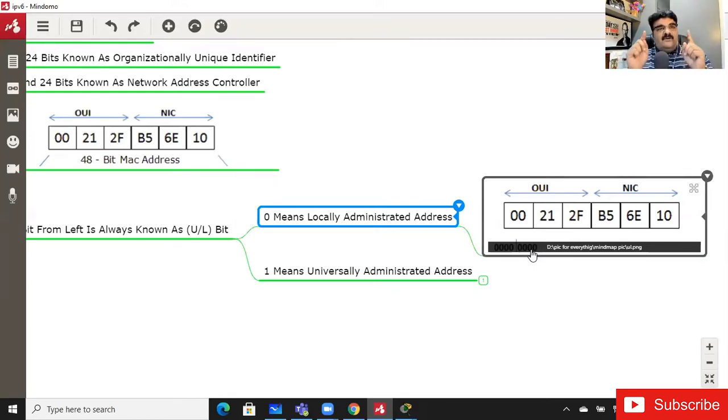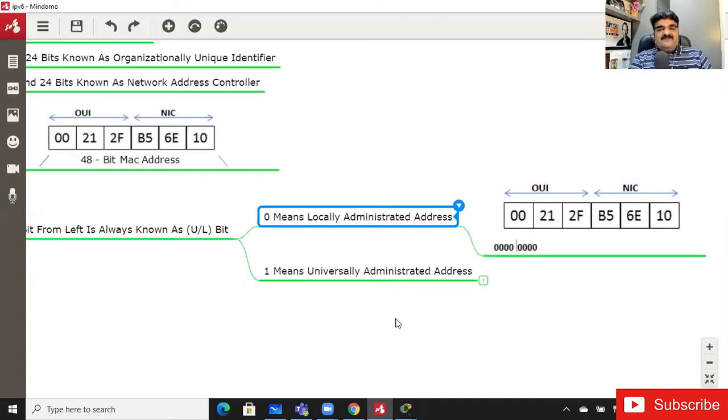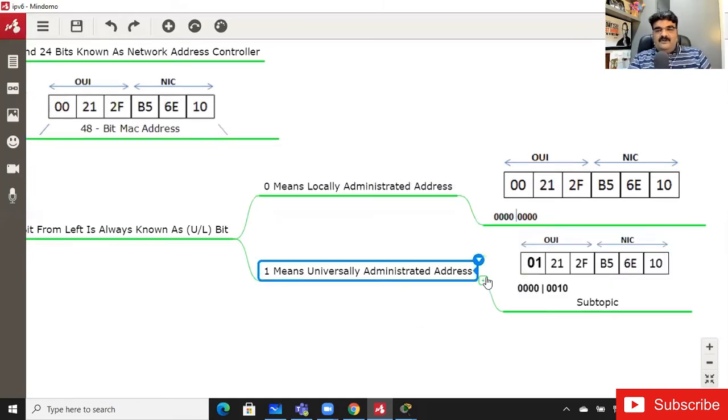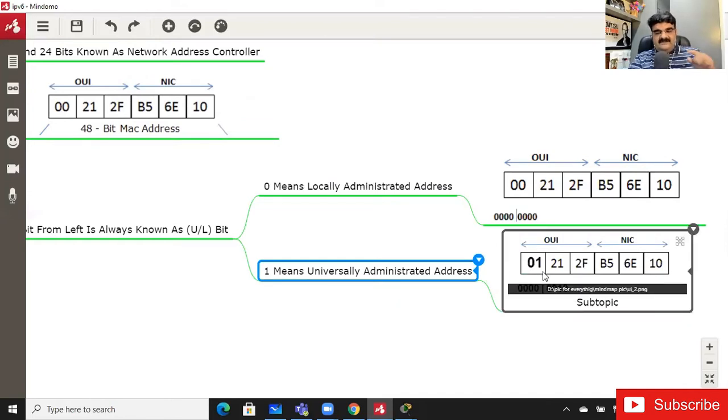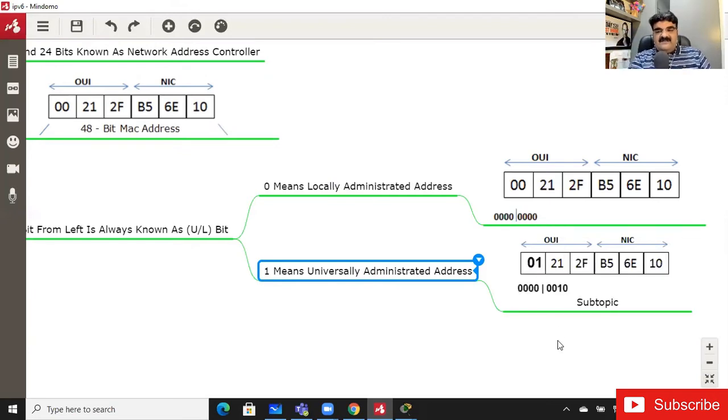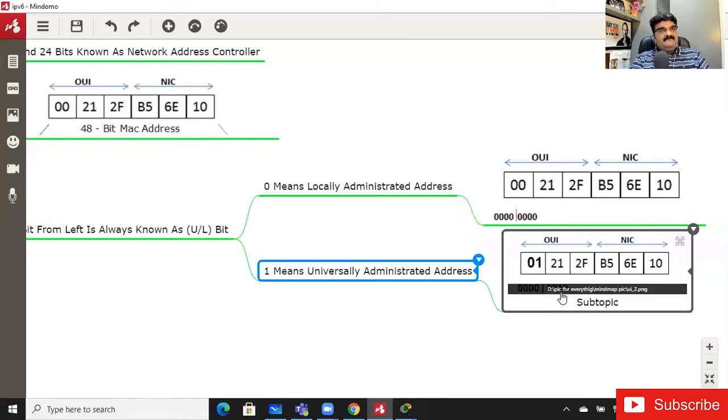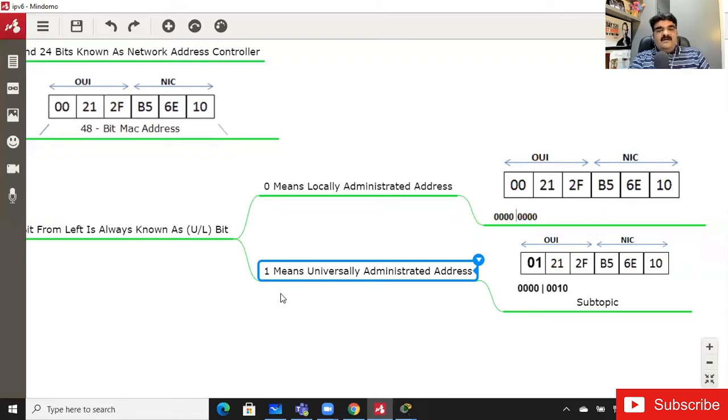And if the bit is 1, it is called a universally administered address. Here I have a small mistake, because it should be 2 over here, not 01. It is a typo.